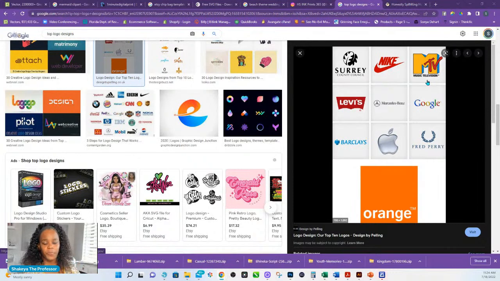Same thing with Apple. A lot of times we think that we have to have glitter, we have to have embossing, and we go straight to Photoshop to design these. But then when you need to be able to use it in different formats, oh well, you want someone to make a cutout for you. You need to make it where you can do embroidery, or you need to do a DTF file or screen print. Well, you can do that from a regular file. That's a bad example. But if you need to cut it, or if you need to use it in different ways, let's say you want to put it on a shirt, you want it on a colored shirt.